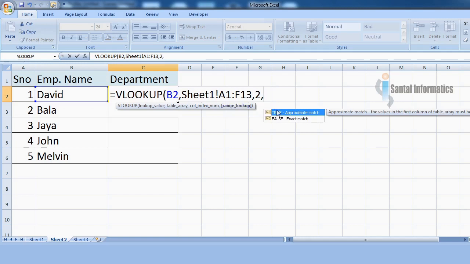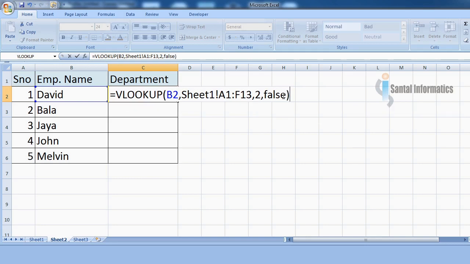Next we have to type either true or false. Mostly we use false here. False will fetch the exact data, whereas true will fetch the approximate data. Normally we put false here to fetch the exact data. Then close the bracket. But before pressing the enter key, now let us see here, sheet 1 exclamation A1 to